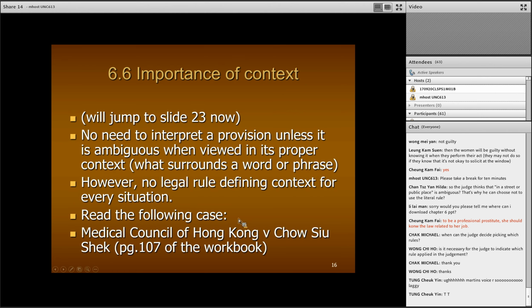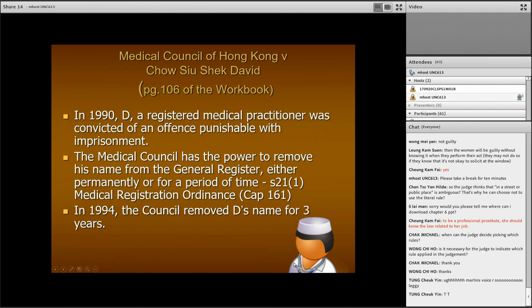this one, which is in fact a landmark case. It's a very famous case: Medical Council of Hong Kong versus Charles Siu Shek. Charles Siu Shek is a medical doctor. You can find this case on page 107 of the workbook. We can now briefly explain the facts of the case. For Dr. Chow,